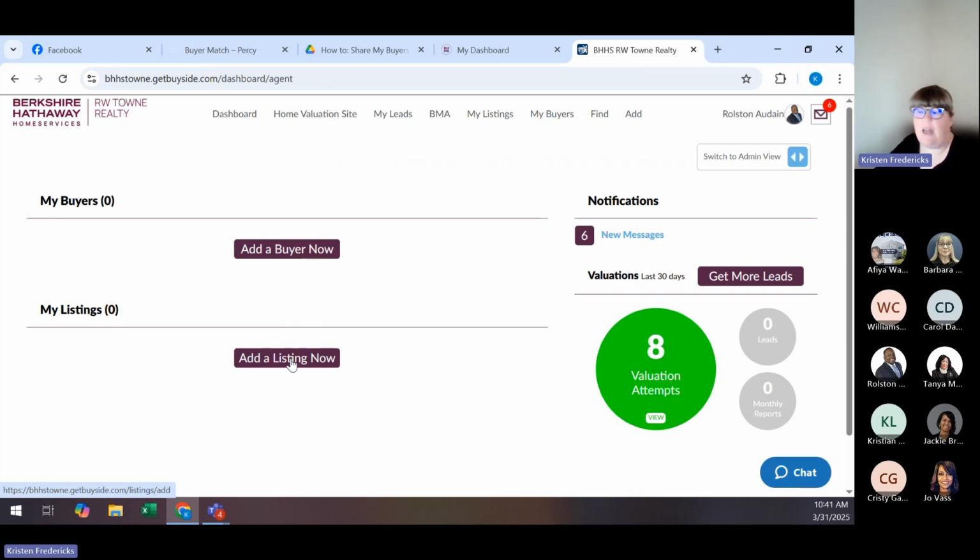So when your listing goes live in the MLS, it'll show up here in your dashboard. All your matches will still be the same. So if you had 6 matches on your coming soon listing, you'll have 6 matches again on your live listing as long as those buyers are still in the system. If for whatever reason you've missed any notifications or you haven't gone into the system and realized you weren't getting anything,